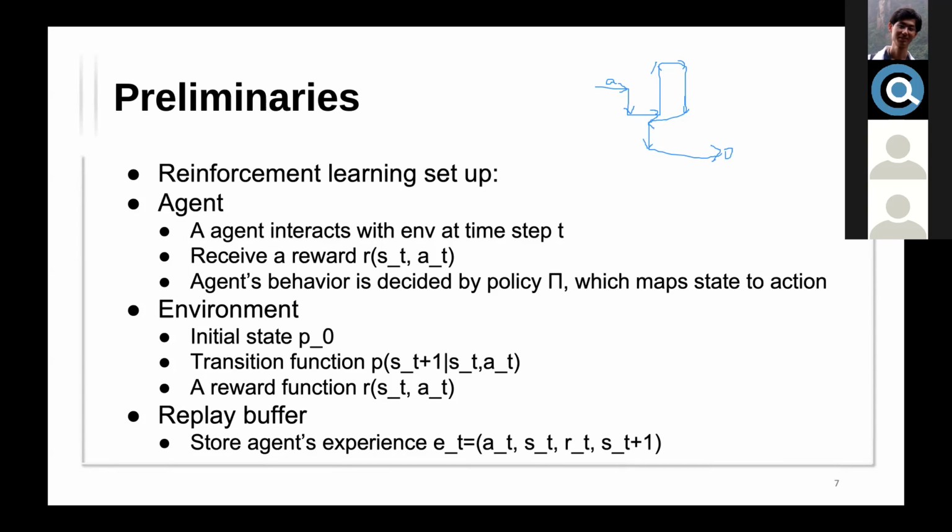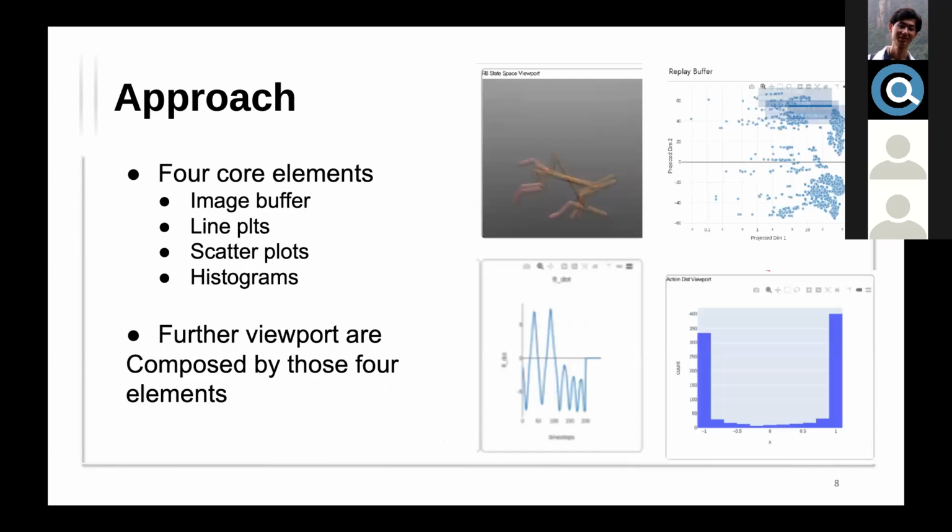Okay, maybe we can skip these ones. Yeah, we can keep going on. Things done. And then